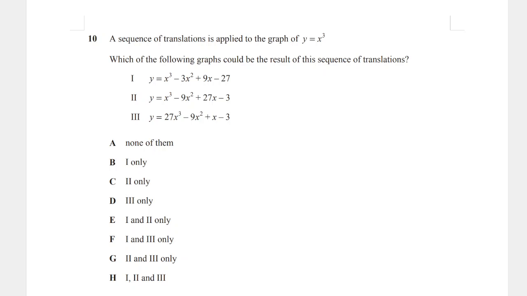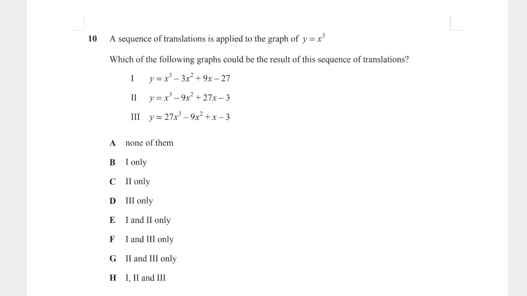Translations only. So you can either go up, down, left, or right. That's all you could do, all right? So let's imagine moving the graph up and down. What does that change? Well, that changes the constant term of the cubic only. It changes the constant term only. That means that the coefficient of x squared and the coefficient of x can only be changed by moving